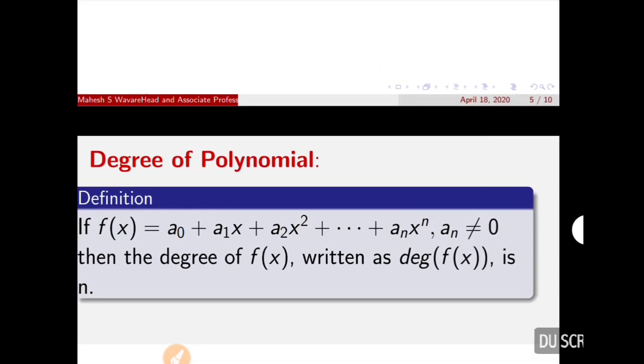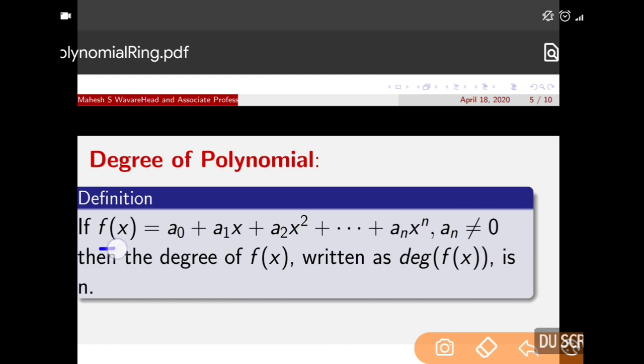Now we are moving towards the Euclidean ring. Our main target is to show that this polynomial ring is a Euclidean ring, step by step. So first we define what we mean by the degree of a polynomial. Let f of x be any polynomial in that set, and here an is non-zero. Later on every term becomes 0. It means the degree of this polynomial is n. The highest power of x whose coefficient is non-zero is called the degree. So here n is the degree.